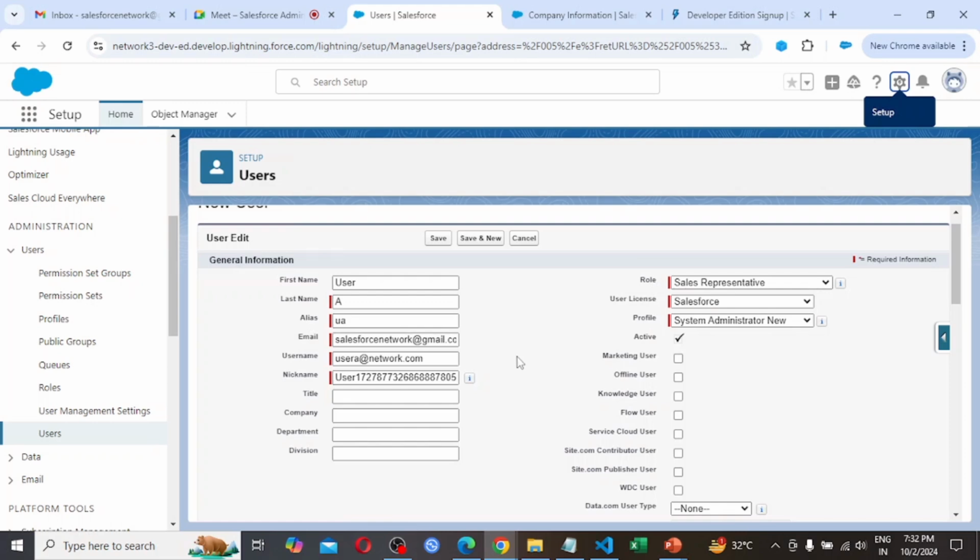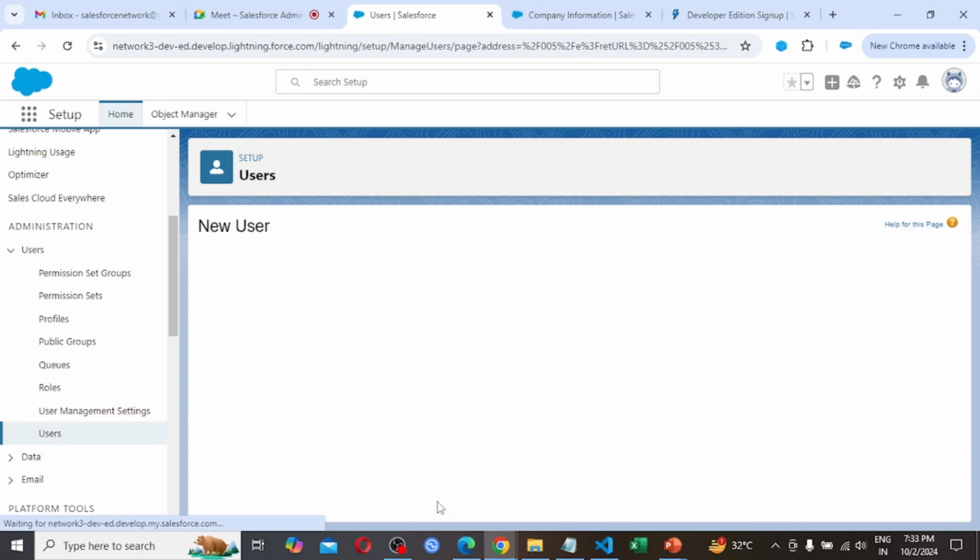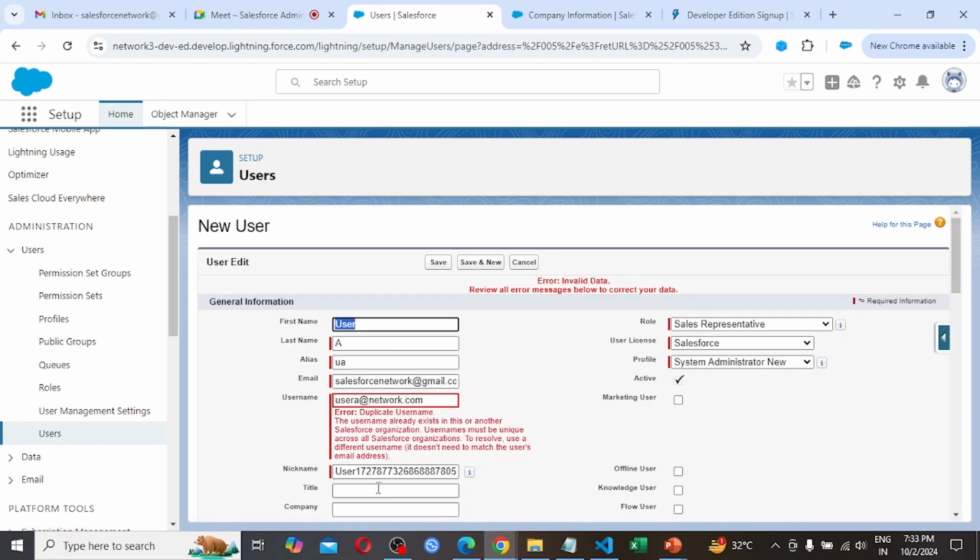After clicking on save button, while checking this checkbox, immediately he is getting one mail. Yes. So I had already told that if someone is using this userA@network.com, we are not going to get this name. So we need to modify. In whole Salesforce, this name should be unique.